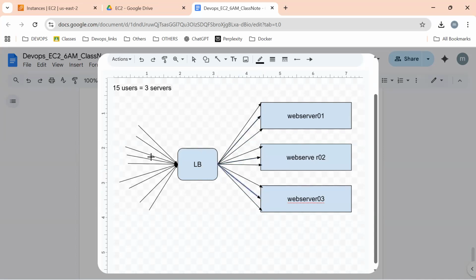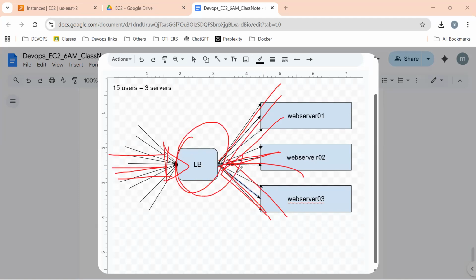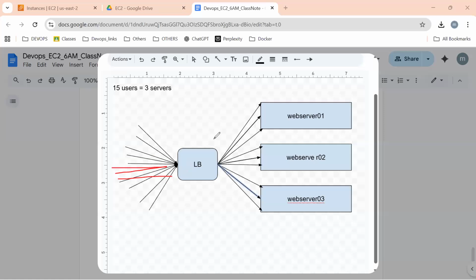Okay. So the entire incoming traffic is equally distributed across all the servers. The job is done by the load balancer, which you call the classical load balancer. Is the concept clear? What is a load balancer?